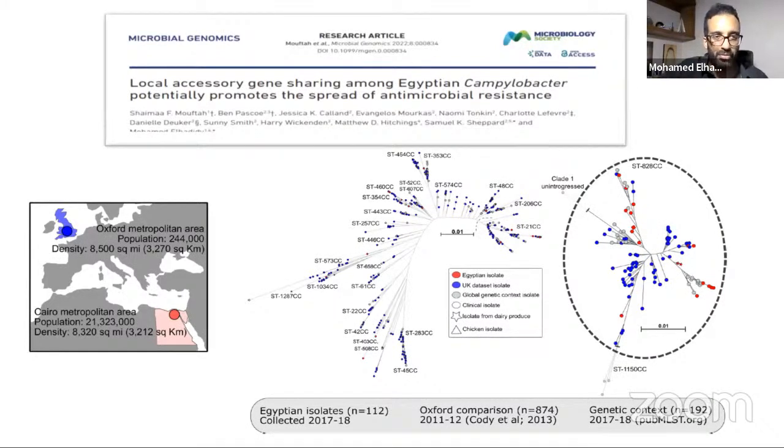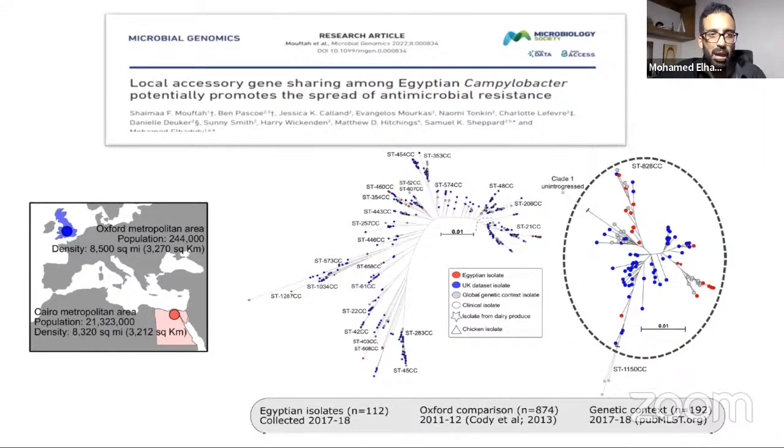If you recall my first slides in my presentation, One Health is not only about collaboration between different disciplines, but also collaboration between different disciplines worldwide, because a health risk anywhere can be a risk everywhere. So here we try to use microbial genomics to have a deeper understanding of the evolution of Campylobacter in Egypt as compared to the UK or Oxford datasets. We chose the Oxford datasets because it is a highly rich dataset with a lot of genome sequences.